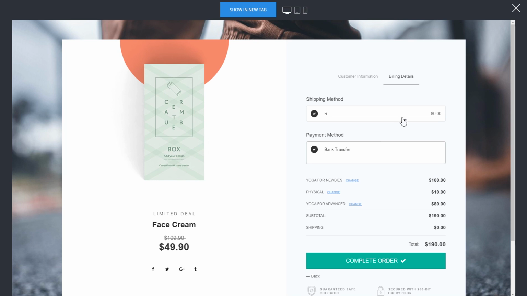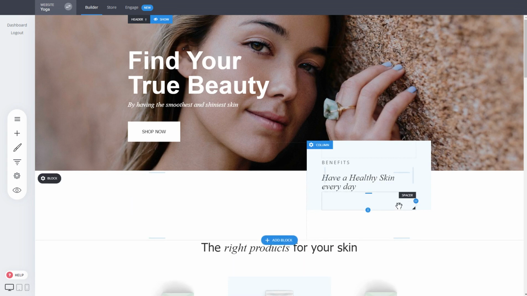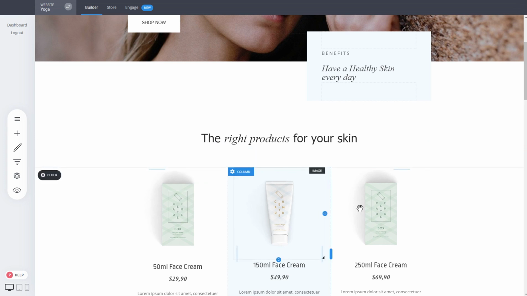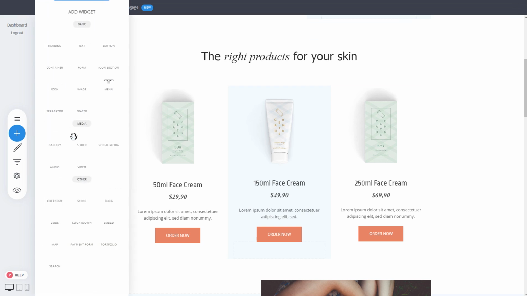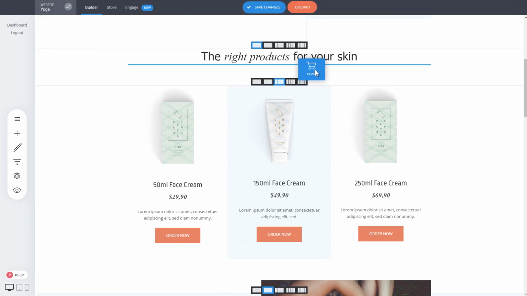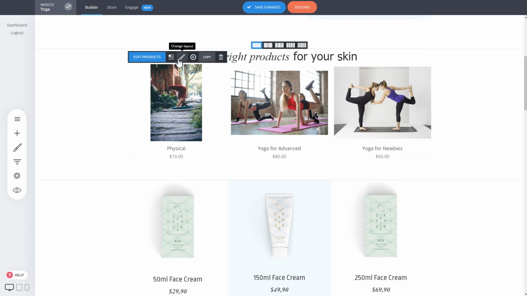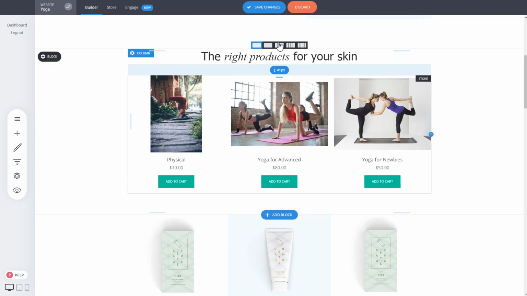This is how simple it is to do any type of checkout with multiple products in this case, if you don't want to pre-select what kind of product you'll be selling. So this is good for multiple products. Another easy way to add products instead of having to customize it like this is to use just the store widget. So the store widget, you can actually pre-select the products that you'll be selling. In this case, we have the actual products with their images coming from the store. And here, all we have to do is, let's say, add to cart button for the products